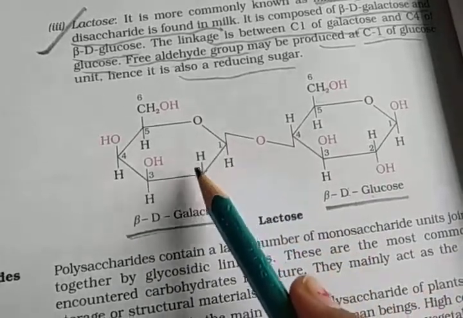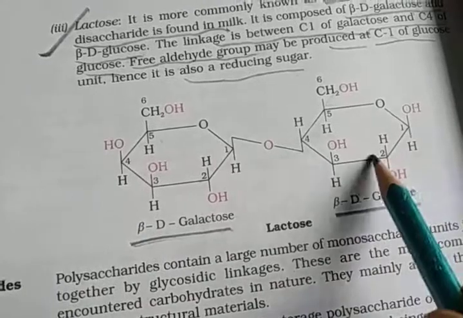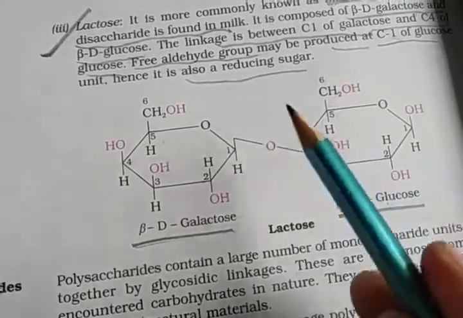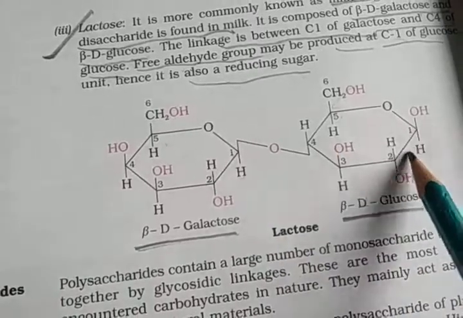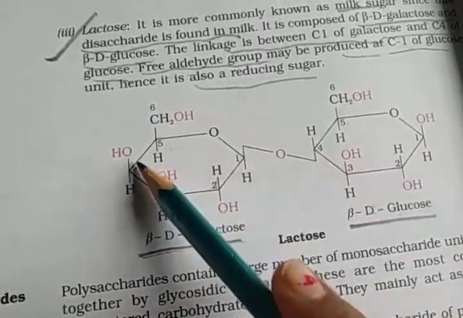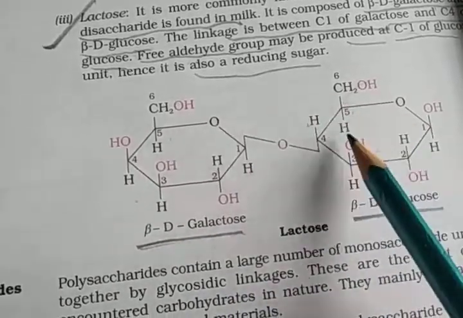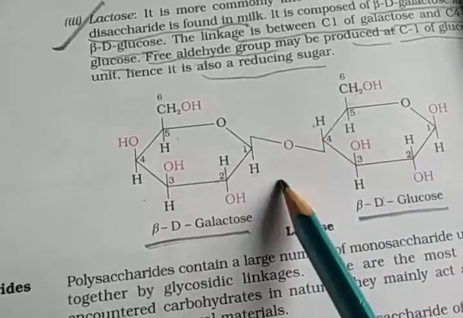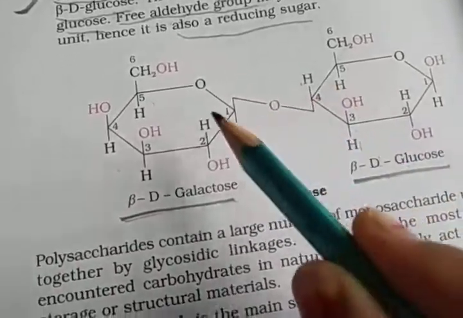Same, carbon first, second, third, fourth, fifth, right? Here also glucose: first, second, third, fourth, fifth. Okay, the first number is the same, OH, H and then OH, H. The second number H, OH, H, OH, OH, H, OH, H, here H, OH, and then CH2OH. So both units are the same, only the difference is in the inverted way. One is glucose and the second one is inverted.